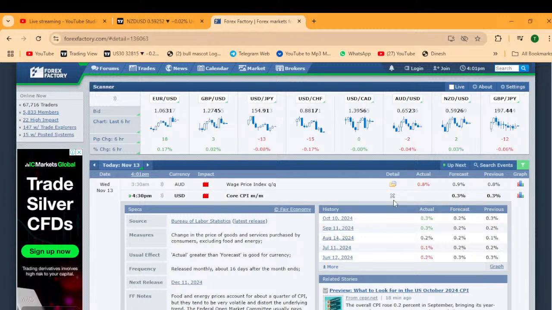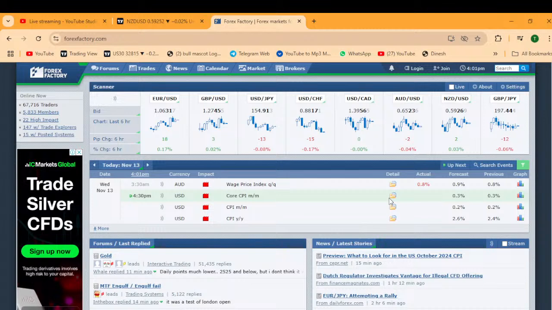October, we saw positive. So fundamental on the economic calendar, it shows that it has been working well. When you look on the economic calendar, it shows that the US dollar has been fighting back, and it is positive.